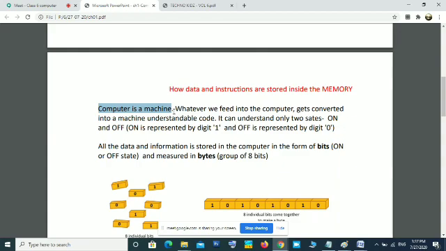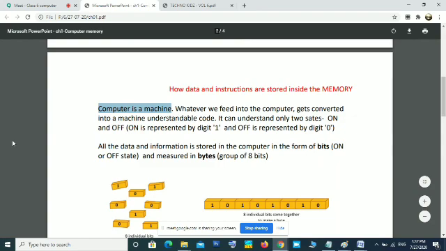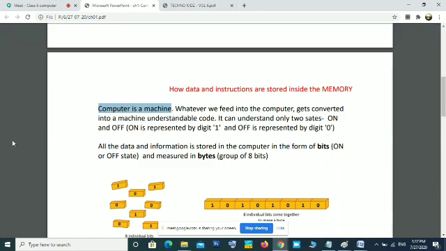All are small switches, just like the switches of your fan or light. When you switch on, the light will be on. When you switch off, the light will be off. Similarly, inside your memory it is also like that. Instead of a light or bulb, a charge is kept inside the memory. Voltage is stored inside a memory for a particular time. So that is happening inside a computer memory.